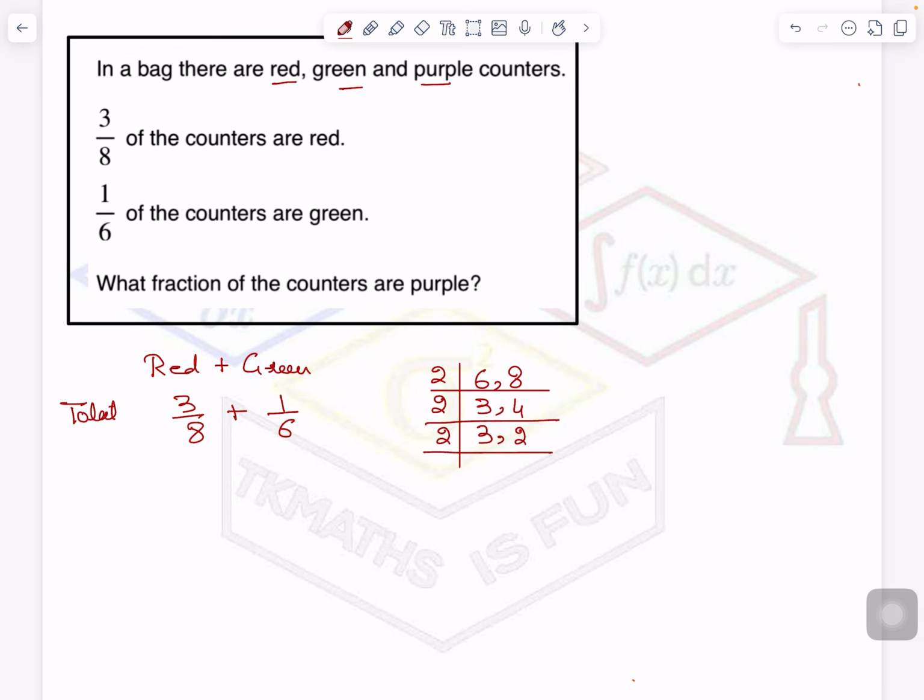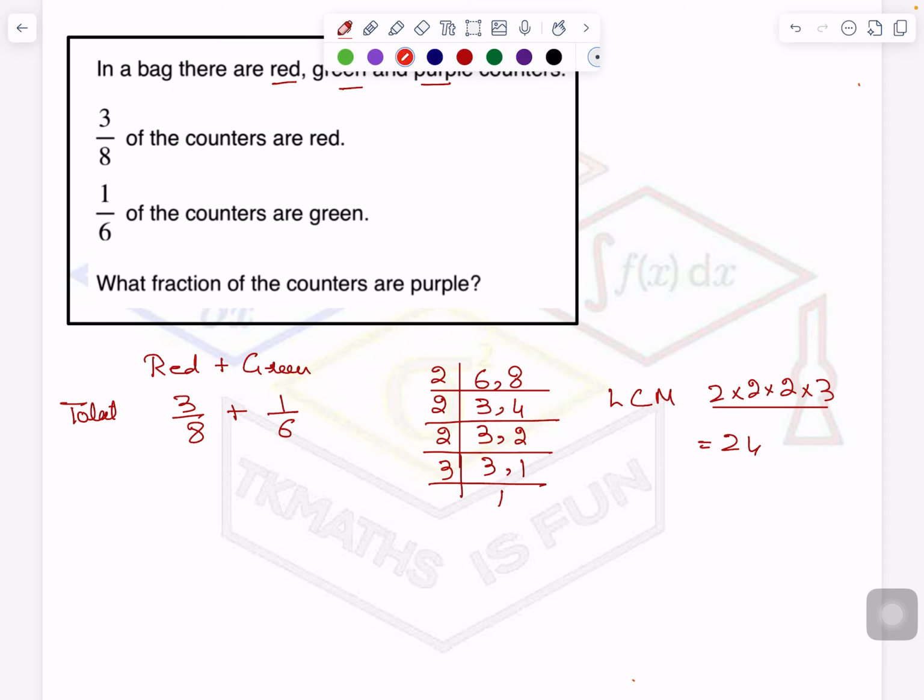Then again 2 times 1 is 2, and 3 will come as it is. After that 3 times 1 is 3. So LCM is 2 into 2 into 2 into 3. 2 2s are 4, 4 2s are 8, 8 3s are 24. So LCM is 24. It means I have to make the denominators